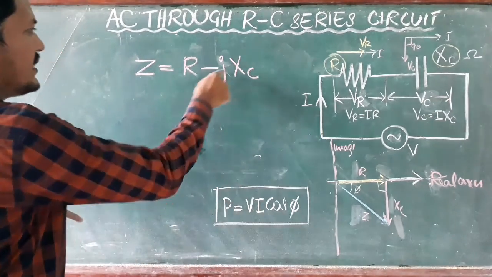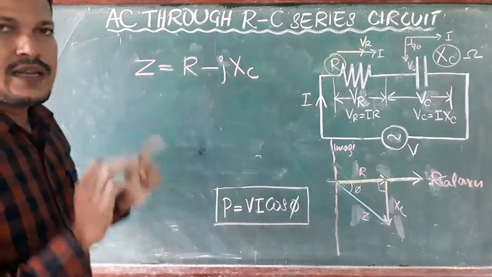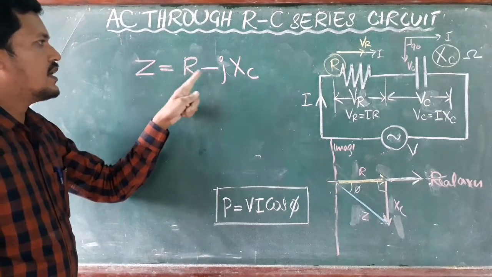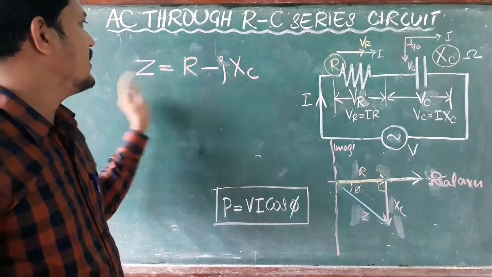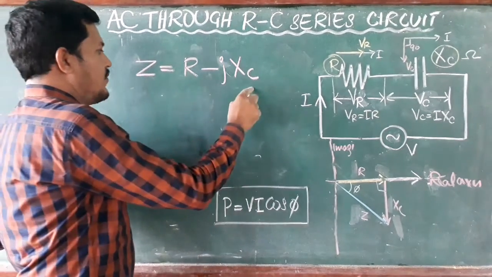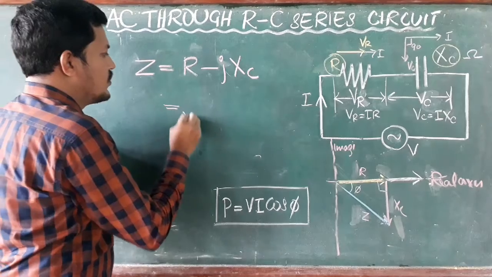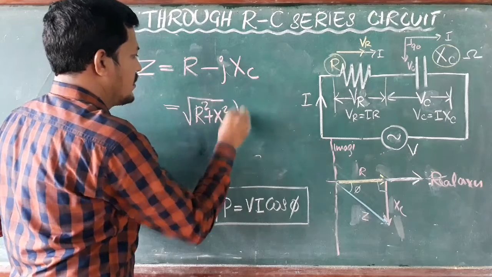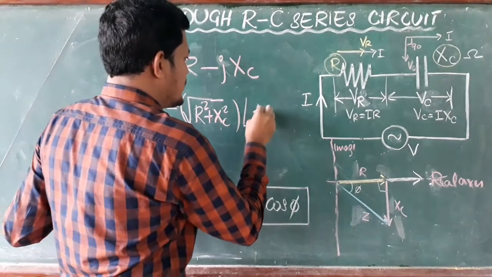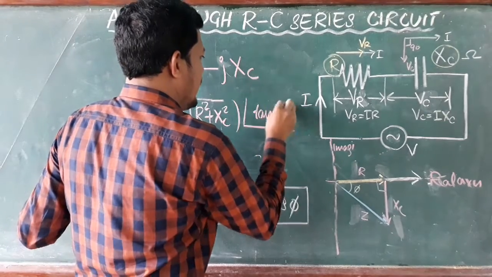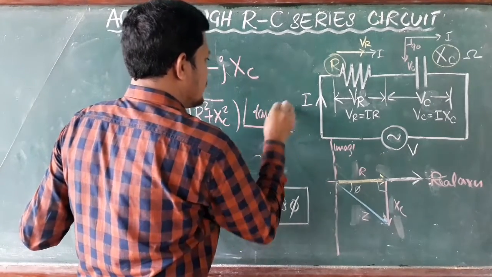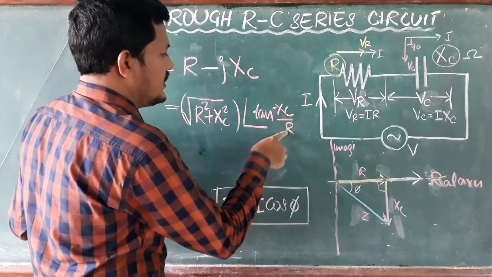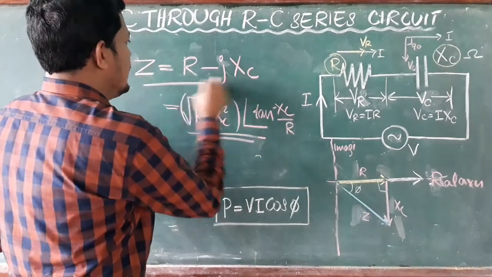Clear? R minus XC. In the earlier R and L case a plus sign came; in this case it is minus, R minus jXC. This is the complex form, the rectangular format. Next, how to convert to polar format? It is the root of R square plus XC square. Clear? Its angle is tan inverse of imaginary part XC divided by R, here with a minus sign. You will get a minus angle. Imaginary part by real part. This is the polar form, and this is the rectangular form.